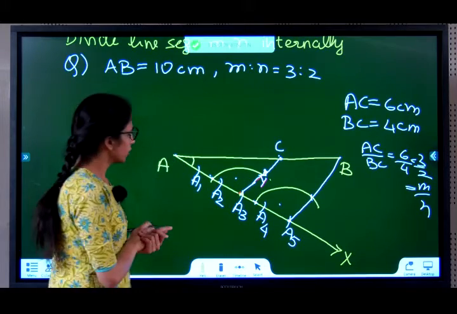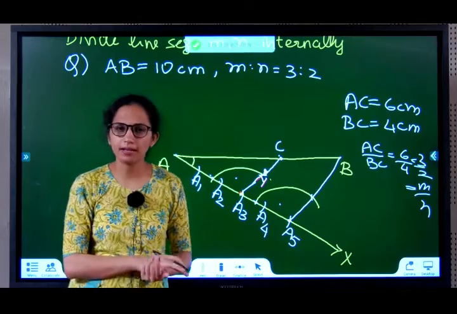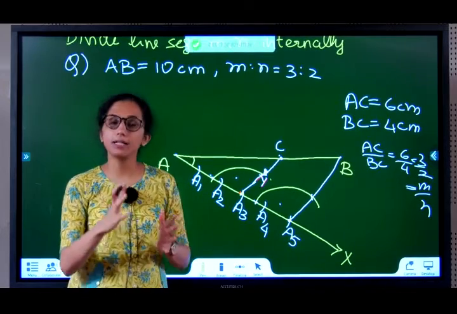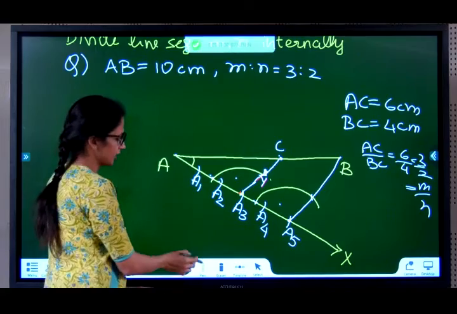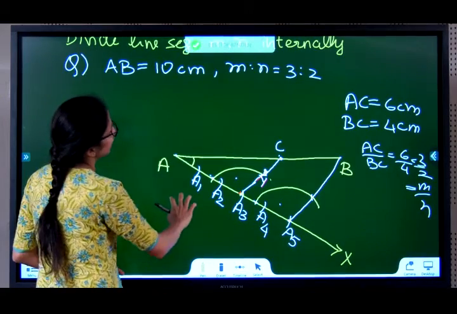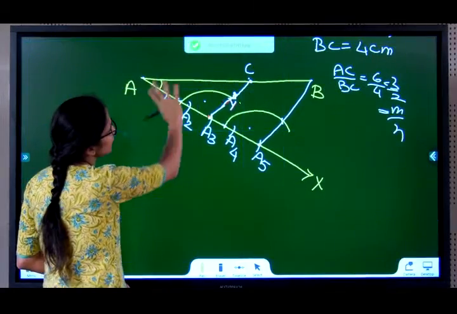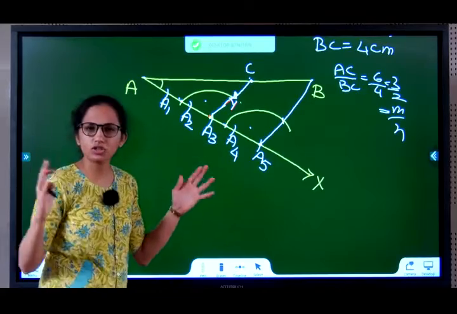That's all. So now the other thing that they can probably ask, they usually don't ask, but you need to know since it's covered in the syllabus, I will be doing it too. Justification. Okay, we understood all of this. How does this make sense? How is it actually 3:2?